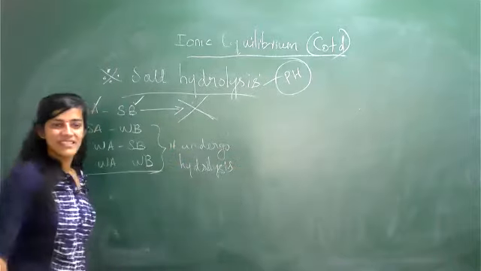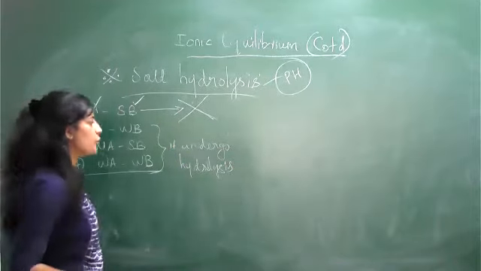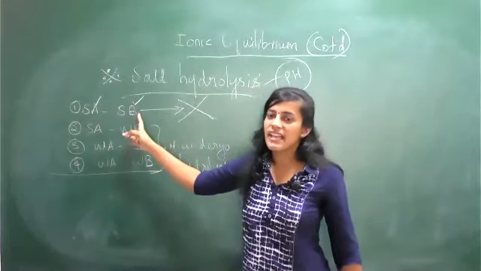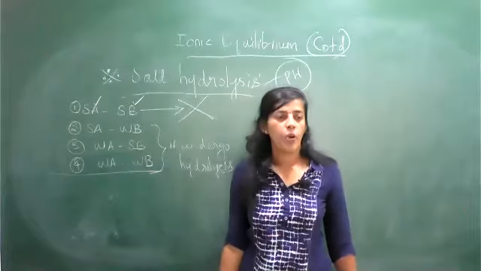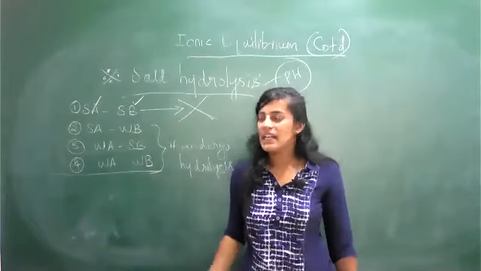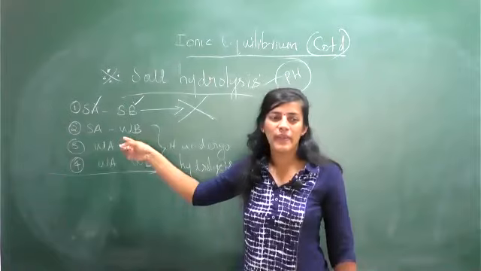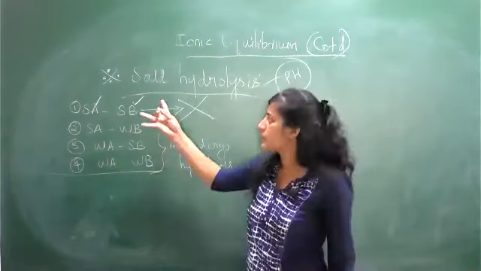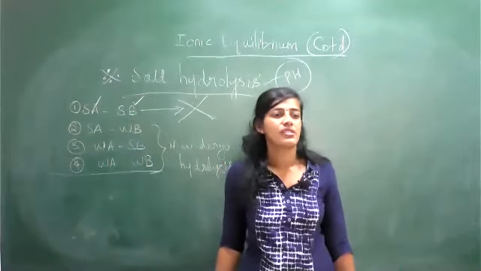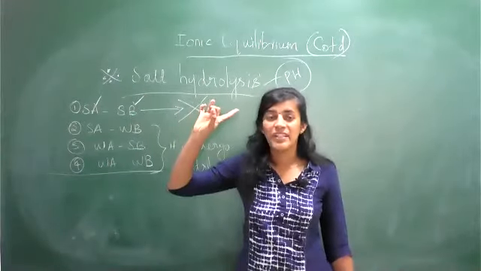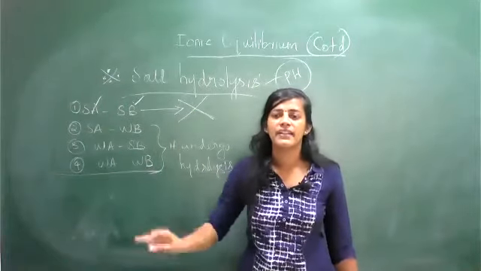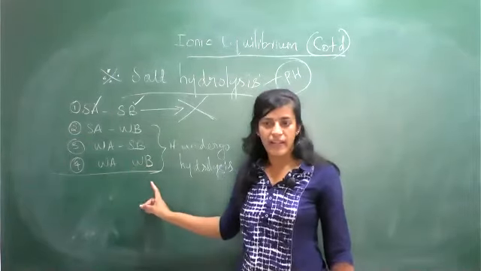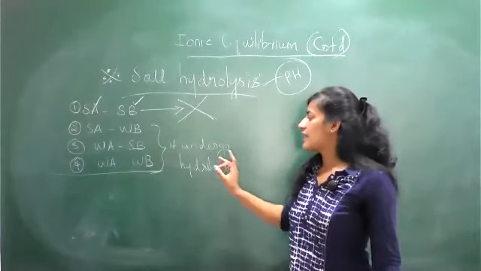You may have a confusion and want proof. So I am repeating: strong acid, strong base never undergoes hydrolysis. One more thing. In your exam, while setting a question, they may give you two or three sets like strong acid, strong base, weak acid, strong base. They will ask which set will undergo salt hydrolysis. So try to identify which one is the strong acid, strong base category and just eliminate it. That is your answer. That's why I am giving you this clue. Very, very important. Clear?